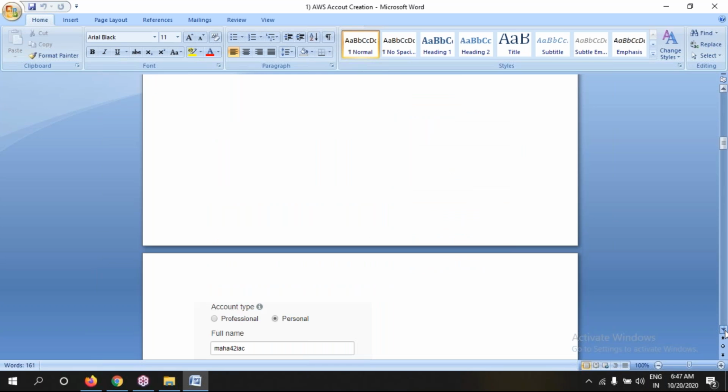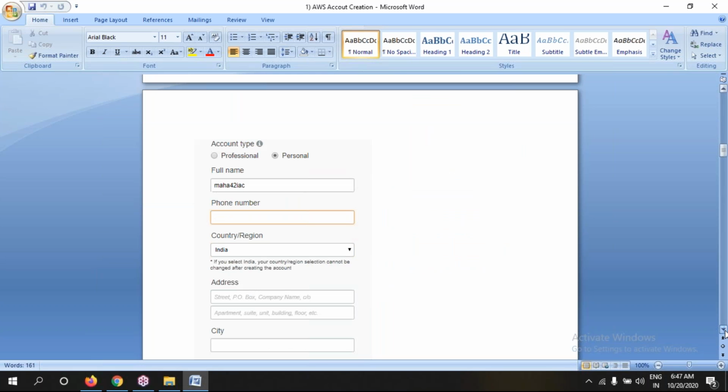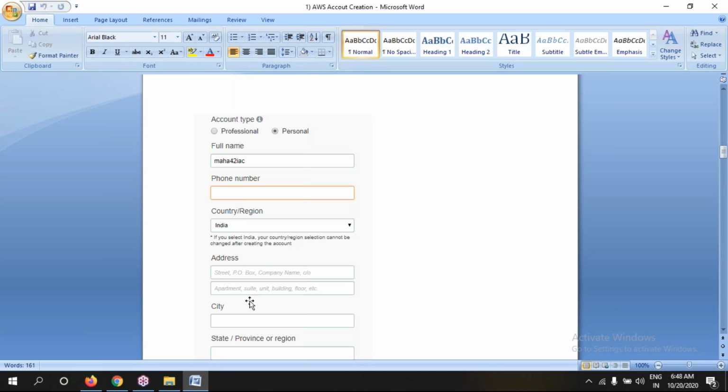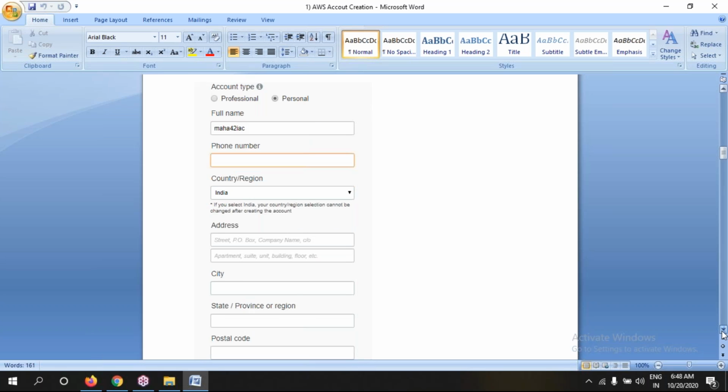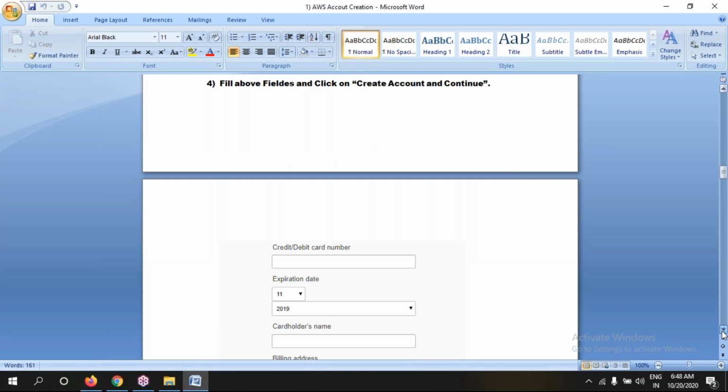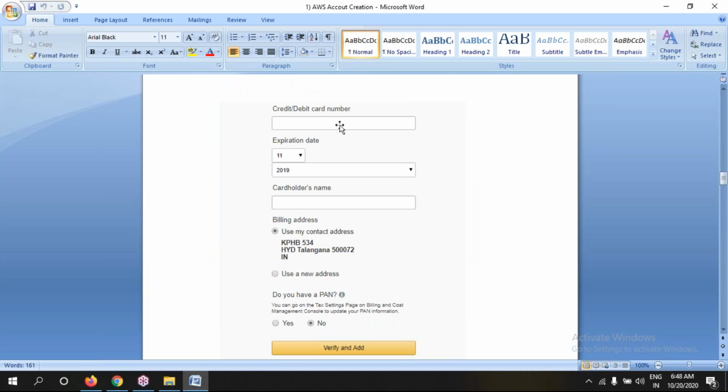please submit your full details, guys, please. Full name, phone number, your country, postal address, PIN code, then payment gateway. You have to provide your debit card or credit card details. Then after providing an OTP, from your bank 2 rupees will be deducted. Only 2 rupees will be deducted for verification, whether the bank is valid or not, that's it.